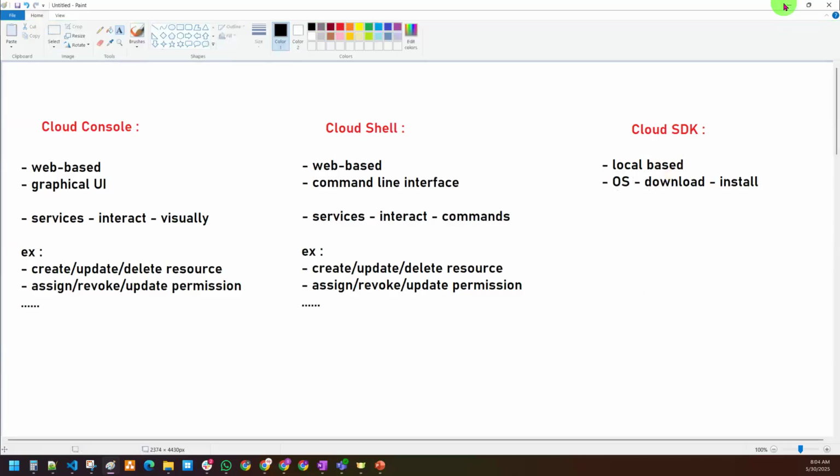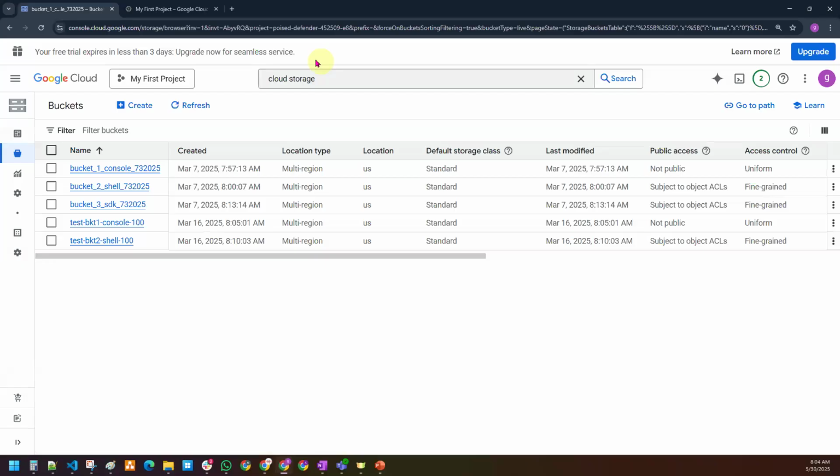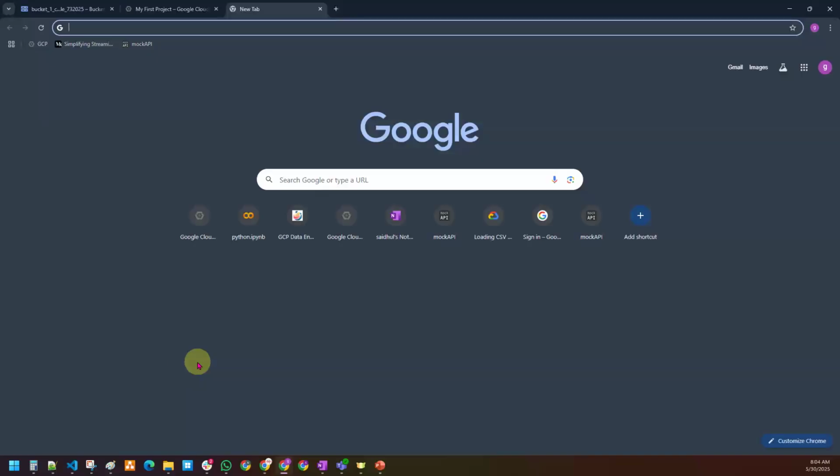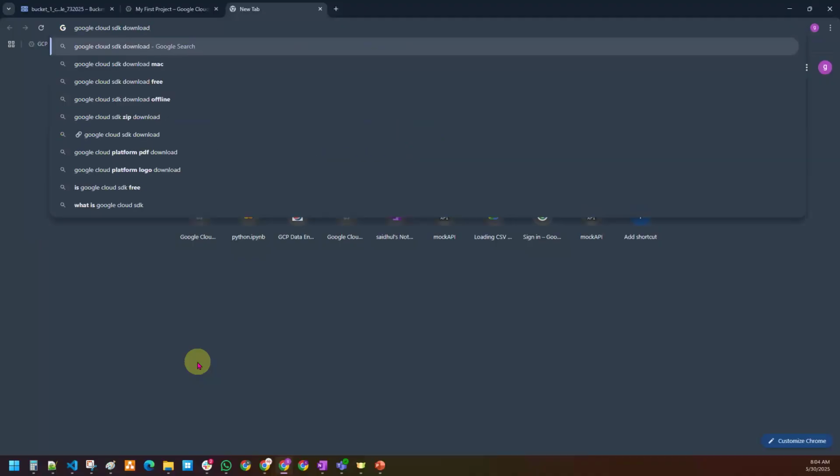Yes. According to your operating system, if you want to download and install, you first go to the Google browser and search for Google Cloud SDK download. Click on enter.